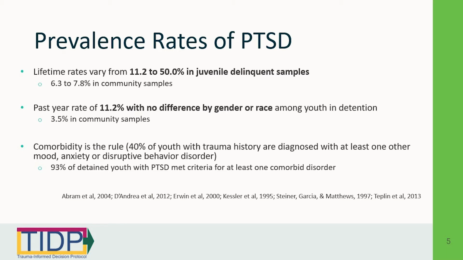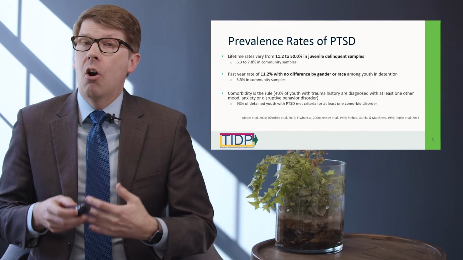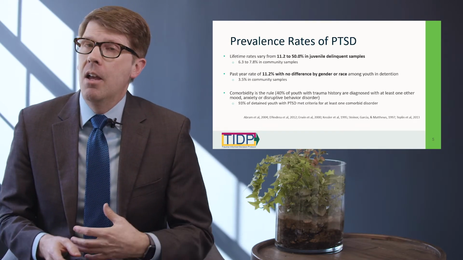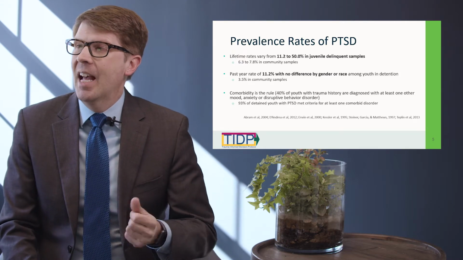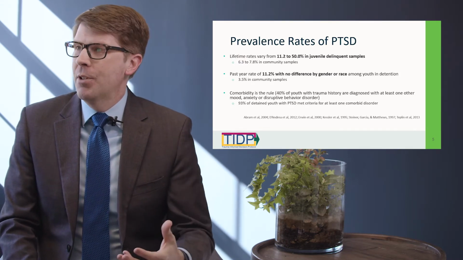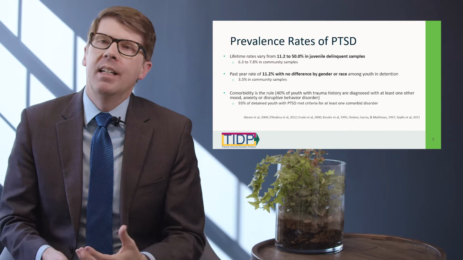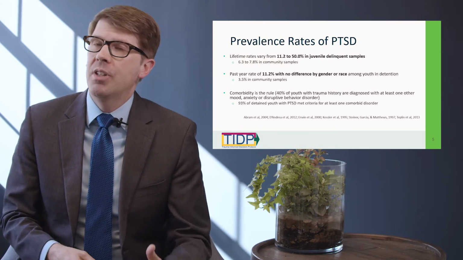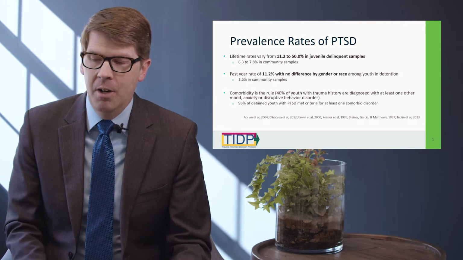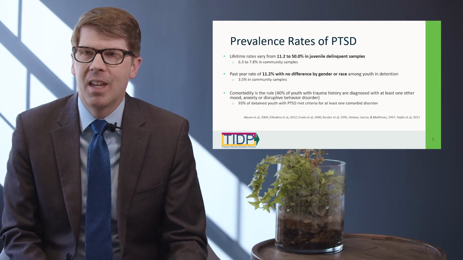So in our TA calls with many of the counties, what we're seeing is that this is being reflected in CTS results, where elevations on the CTS are occurring alongside elevations, caution and warning scores on the MAYSI. And that's just an accurate representation of how common it is that we see trauma reactions and other associated mental health problems occurring among youth in the juvenile justice system.